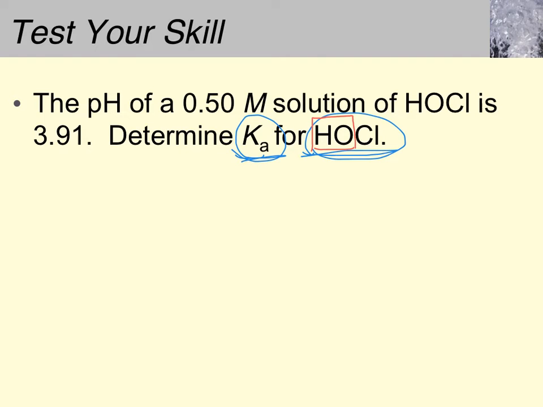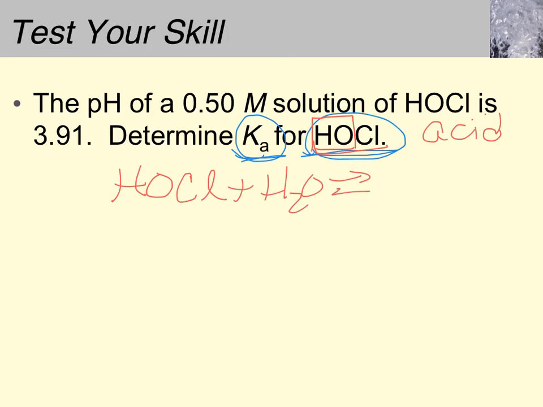But I want you to see that it's not. So pay close attention because you will see this type of species a lot. That's called hypochlorous acid. That's the active ingredient in bleach, by the way. When you put it in water, it is a weak acid. So we will get the hydronium ion as always and the conjugate base, which looks like this. So the equilibrium expression for this weak acid